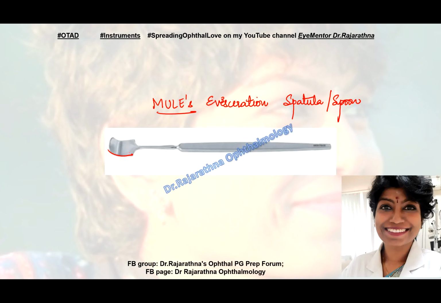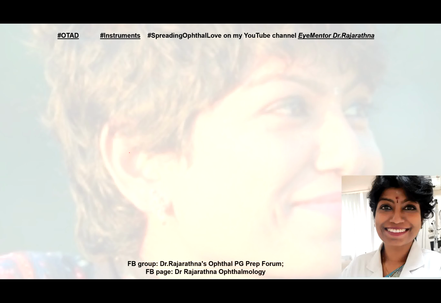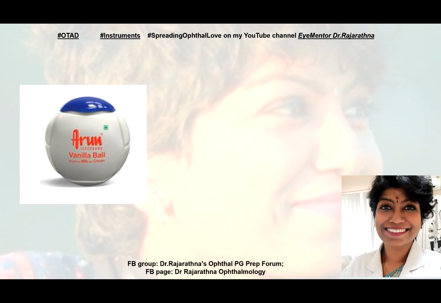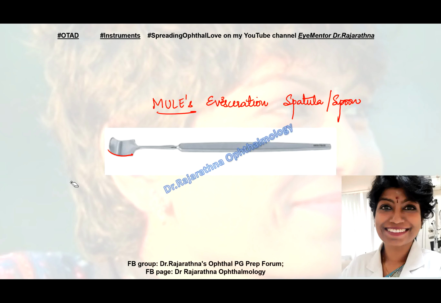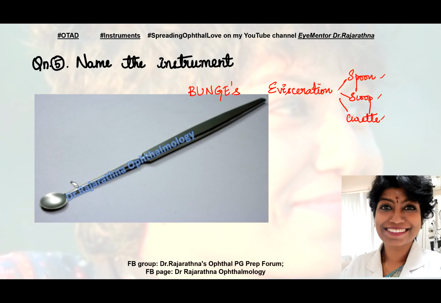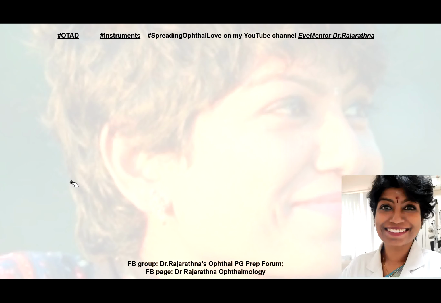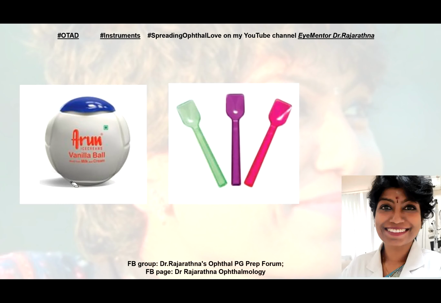So I'm going to give you a snapshot about this evisceration surgery. Okay, so evisceration surgery is akin to eating out of an ice cream ball. Now how do you eat an ice cream ball? First you take off the cap, and then you scoop all that is inside, and at the end all that is left is this white shell. Yes, so exactly that way. And we are going to use ice cream scoops or little spoons like this one. Are you reminded of that spoon that I just showed you? Yes, so we have tiny ice cream scoops or spatulas like this that are used for doing evisceration.